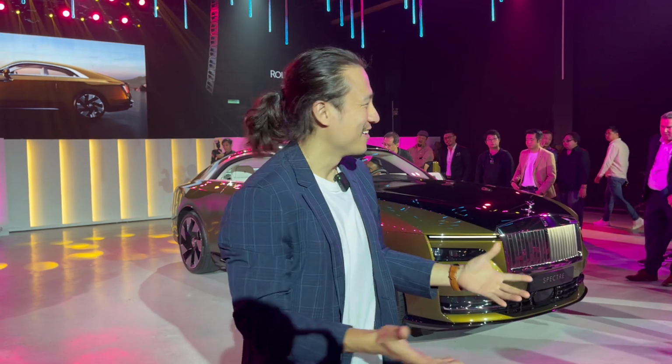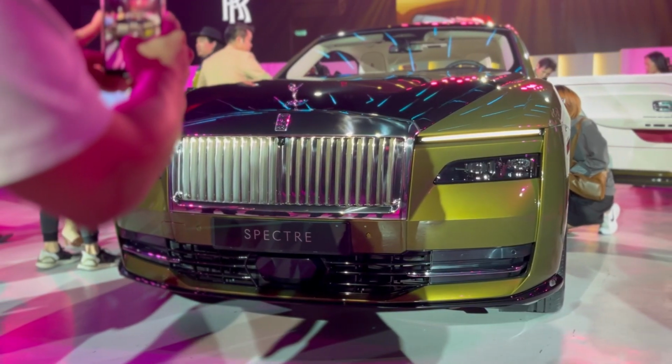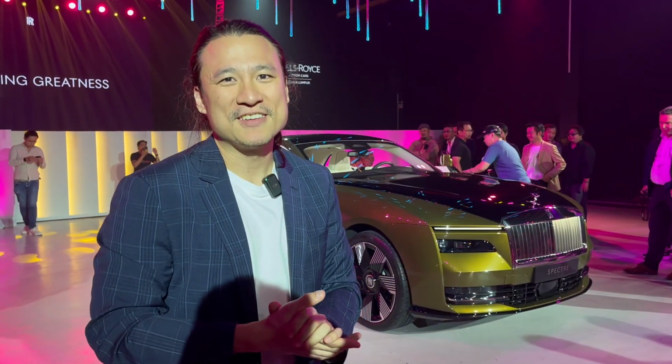So the day would come, right? Rolls-Royce will one day embrace electric motors. So here we are, we have the Rolls-Royce Spectre. And for me, the first impression is a little bit more of an evolution than a revolution, which is a good thing because a Rolls-Royce should look like a Rolls-Royce. Has this understated